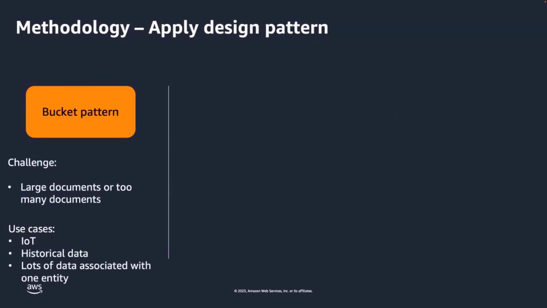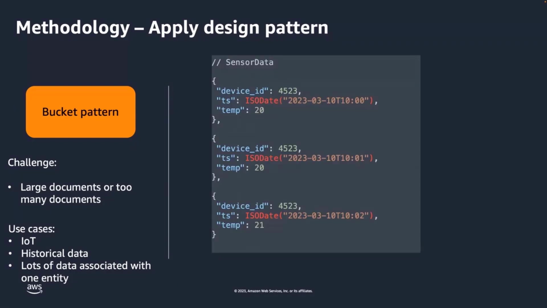The last pattern I wanted to highlight is the bucket pattern, which is typically used when dealing with a stream of data over a period of time, also known as time series data. Internet of Things is a good use case for this pattern. For example, if you want to store sensor information for temperature every minute, you could have a stream like this where every reading is stored as a separate document. However, you can end up with a large amount of documents, and to query efficiently, you'll need indexes on device ID and timestamp fields. The more documents, the larger the indexes, which will require scaling up or out much sooner.